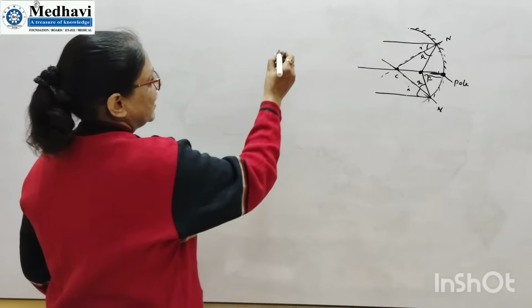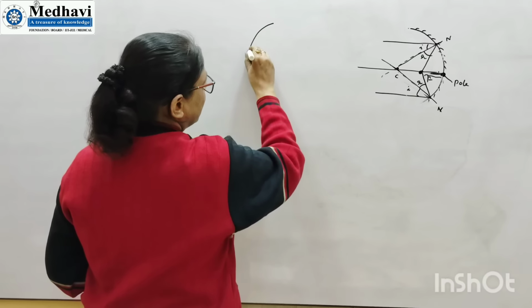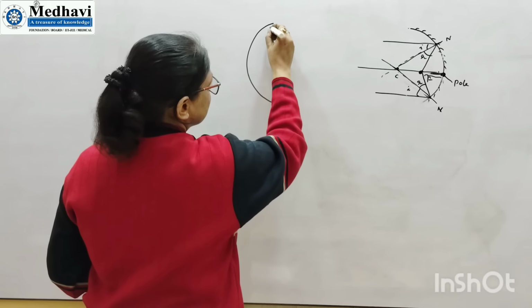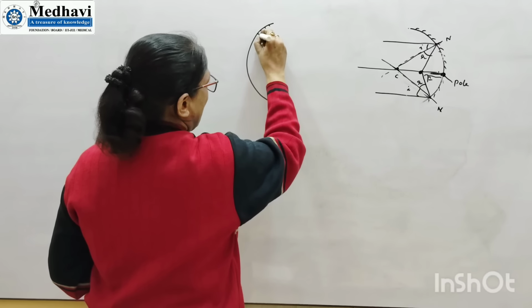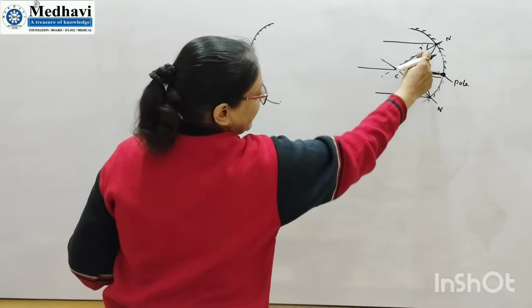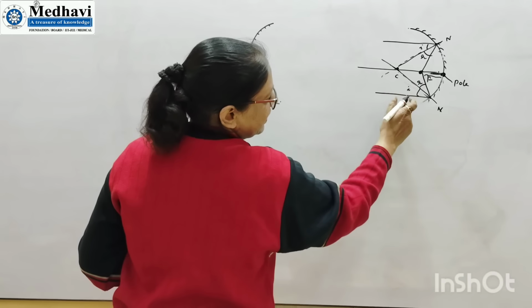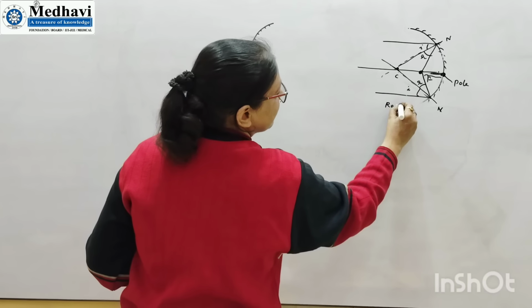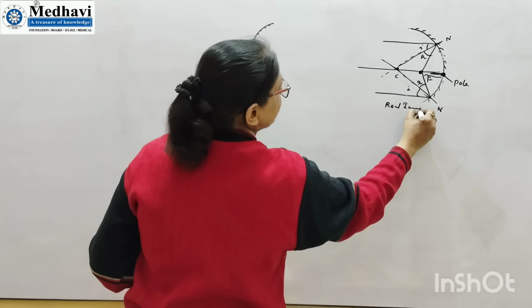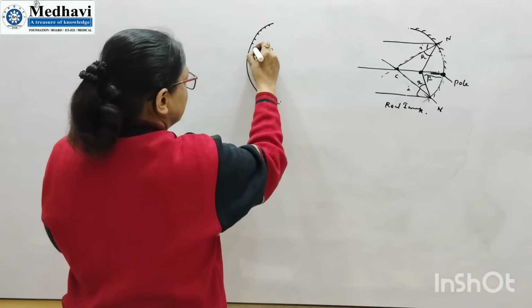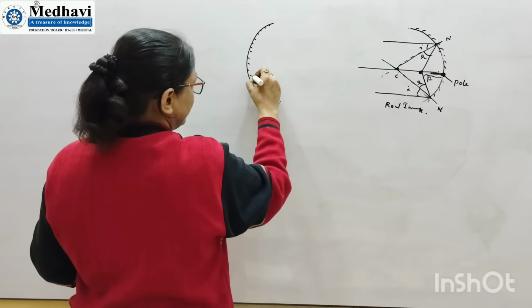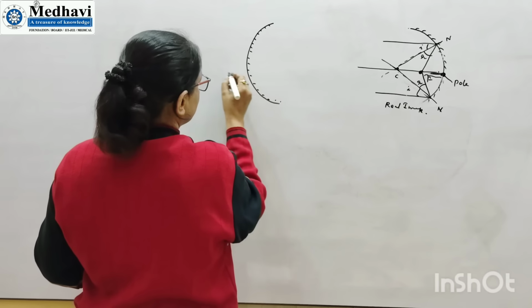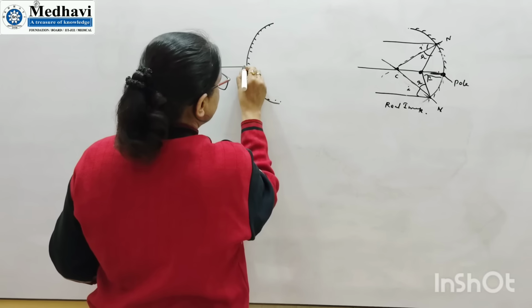For convex we can also draw. Actually in concave the ray actually meets here, so this is a real image. Here, in convex, the ray appears to meet. After reflection, if we extend the ray,